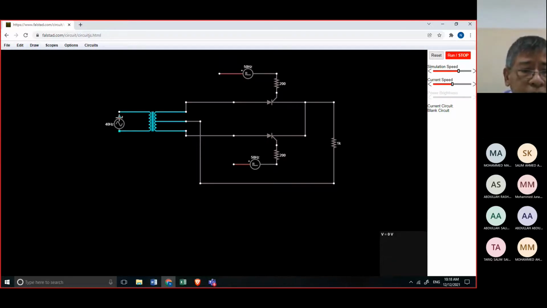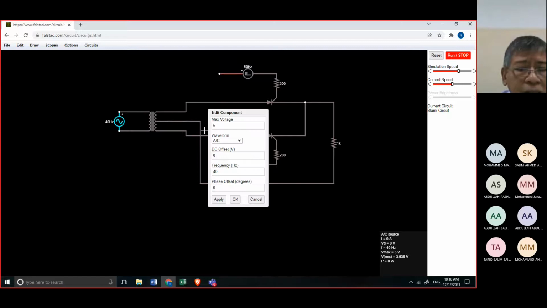So the input voltage here, we will edit, we will change this to 240 because, as I told you, I want a real voltage here. I want a reality. And then the frequency here in Oman is 50 Hertz. So, and then click OK.